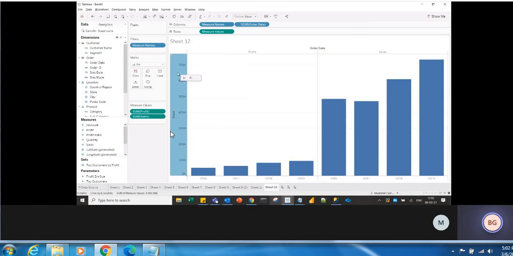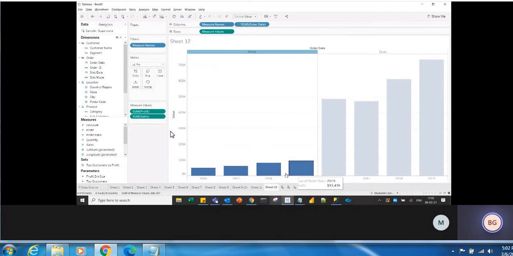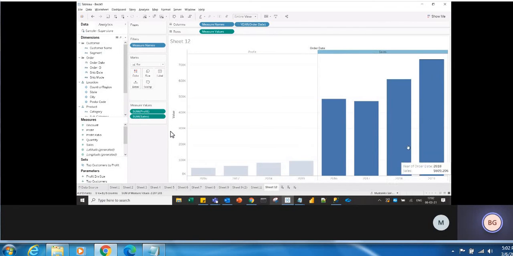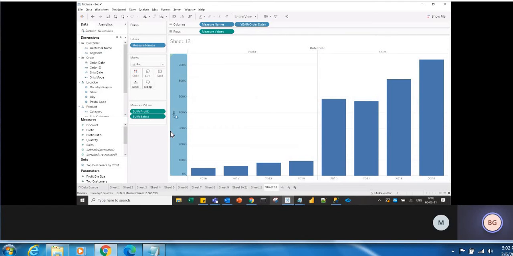One axis. You have only one axis. So these four bars are for profit and these four bars are for sales, but the axis is only one axis. And if you see, it has changed to Value. It is not showing sales or profit, it is being converted to value, right?